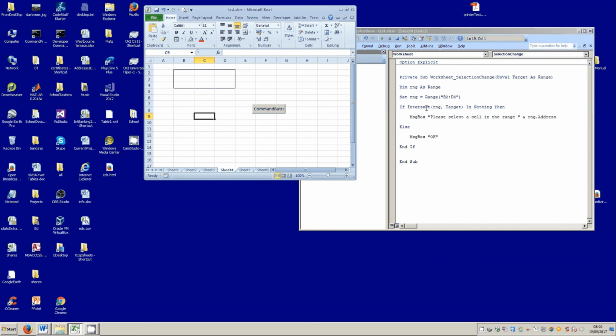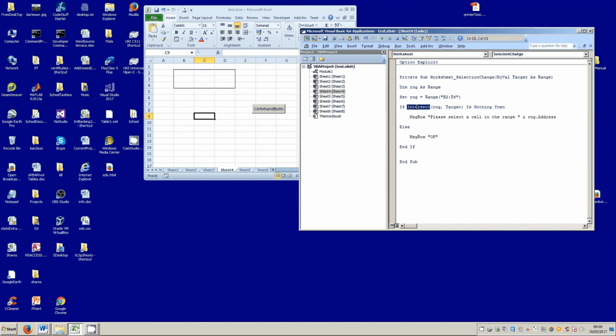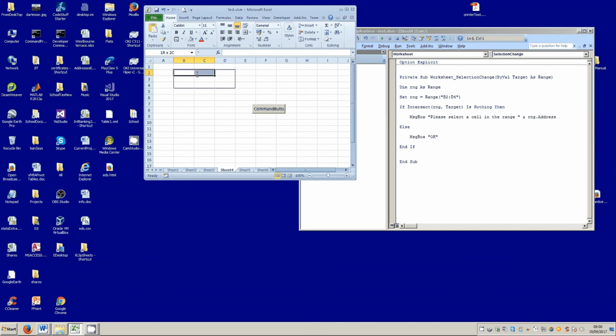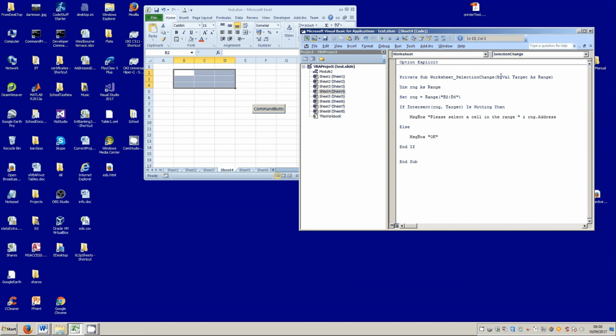As I was saying, it's a clumsy way, but it says if intersect range. Now, range is the range that we specified. That's that range there. And the target is the range which is sort of input into this function, if you like. It's where you click is that range. So if the intersection of the target, which is where you click, with our range